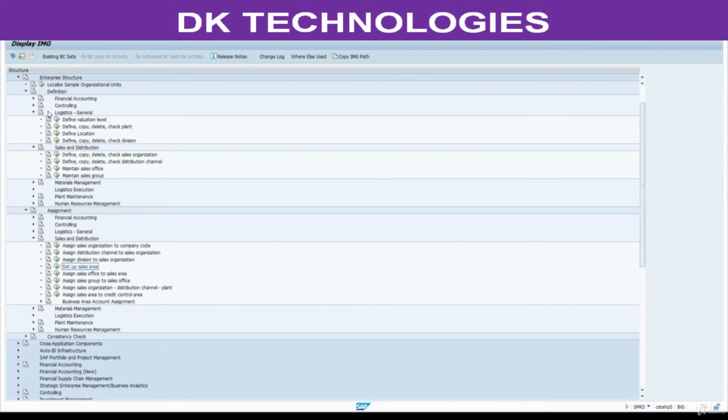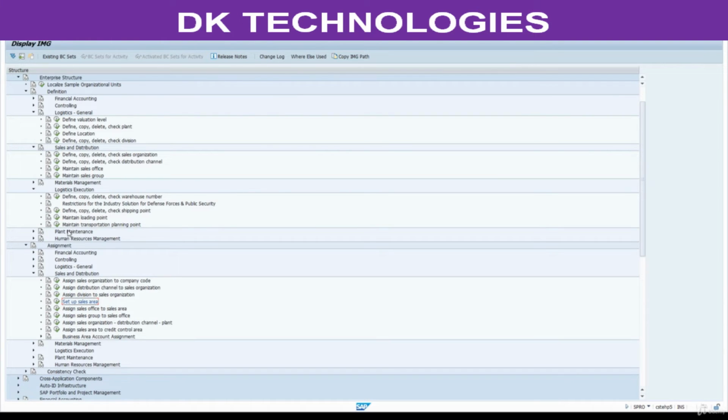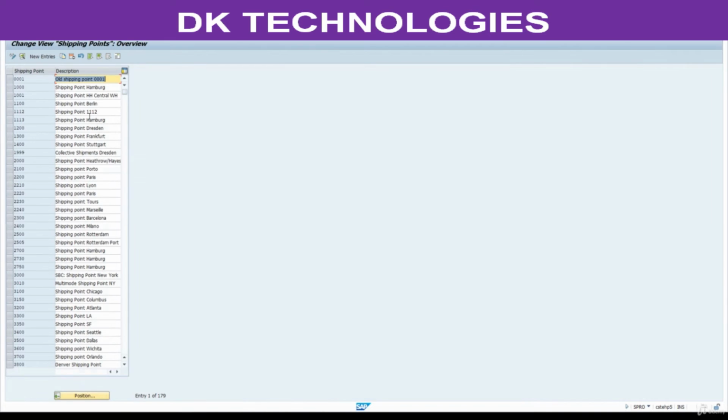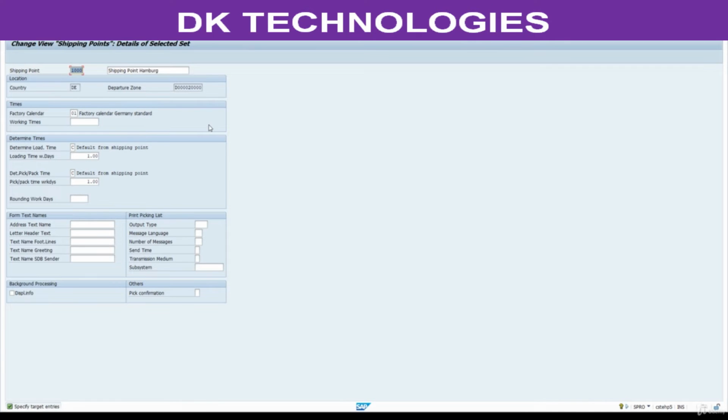Shipping point under logistics execution. See here, define copy delete shipping point. Define shipping point. Take any copy from this one. You can copy from any. Copy like this. Shipping point is 8801.